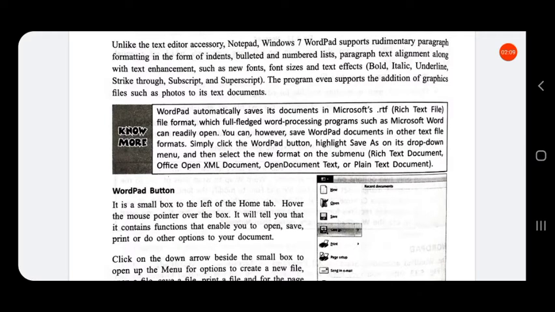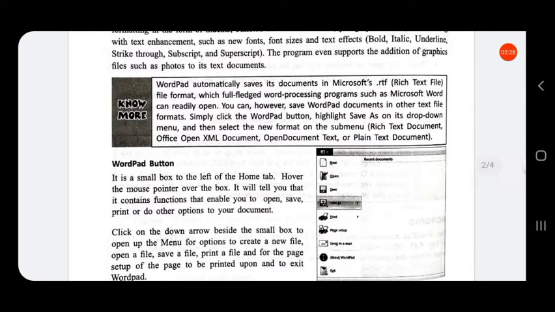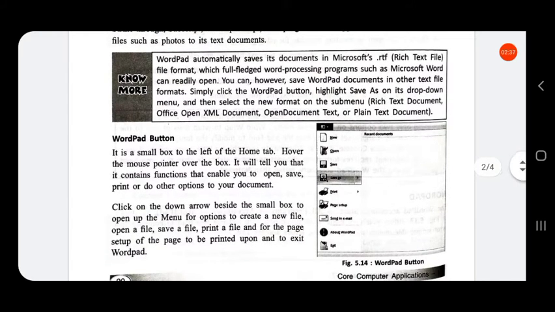That is, a file which is written in WordPad can be opened using Microsoft Word also. Simply click the WordPad button, highlight Save As on its drop down menu, then select the new format on the sub menu: rich text document, open office XML document, open document text, or plain text document.